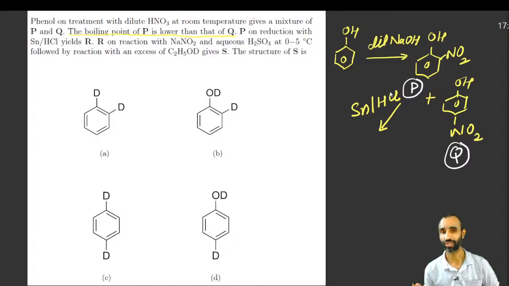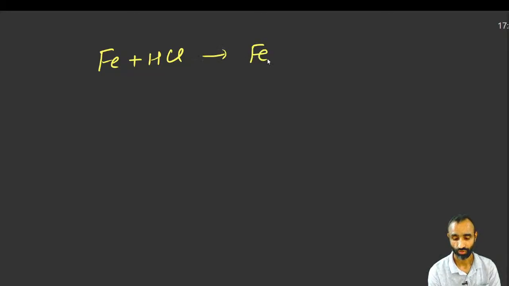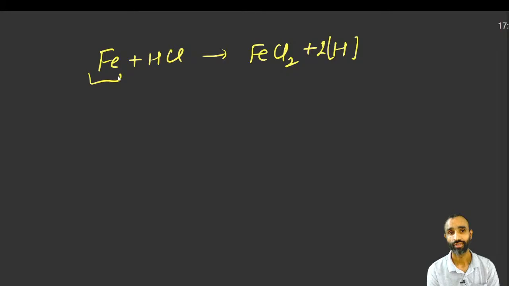Which one is best to reduce the nitro group to NH2? Which reagent is best? It is Fe/HCl. Why is it so? And here the iron used is